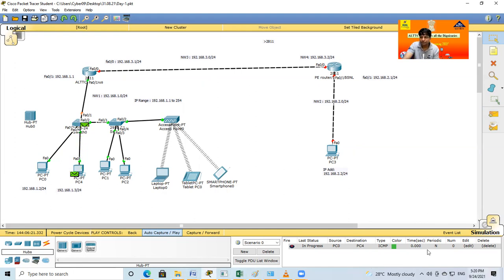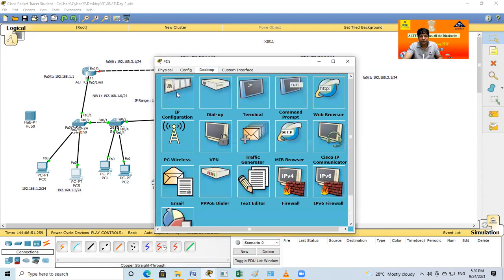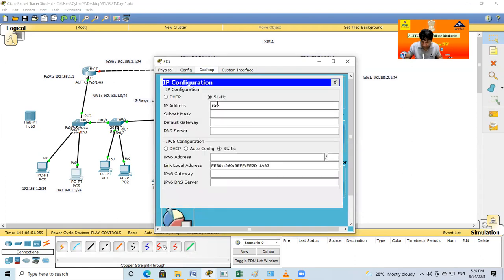Delete now. I take another computer, because PC0 and PC4 are already good friends, right? Because the device is very new, now disconnect this switch. I take an IP. So again I put the IP here, 192.168.1.3, and 192.168.1.1 is the gateway, right?